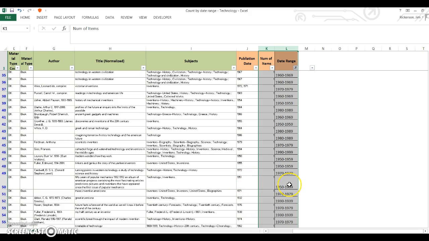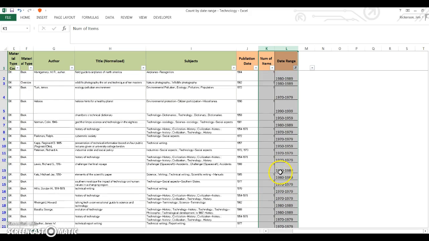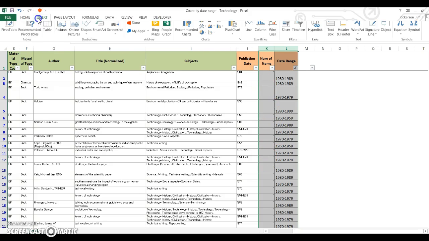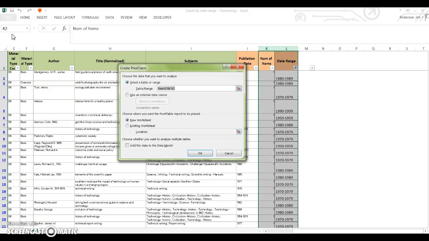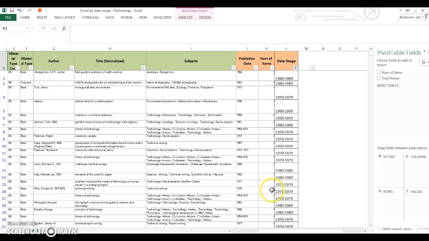So it's going to add up all of the numbers in column K anytime column L has 1950 to 59. It'll add all of those up. So that's what we're doing. So I highlight K through L, I hit Insert, and then Pivot Table, and then click Existing Worksheet, and I'm going to put my pivot table in R1. So I'm clicking Existing Worksheet, and I'm going to select cell R1, and you see it shows up here. I click OK,